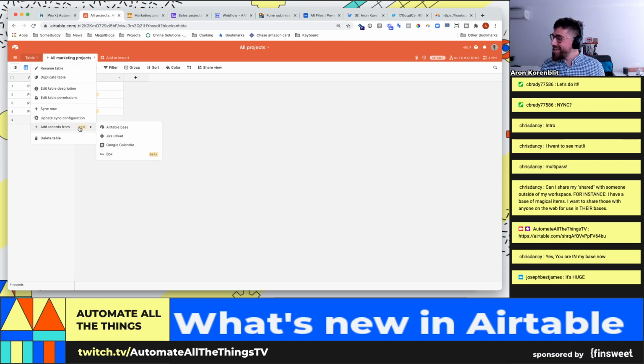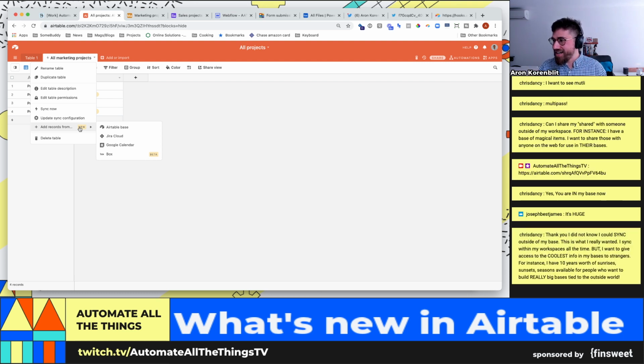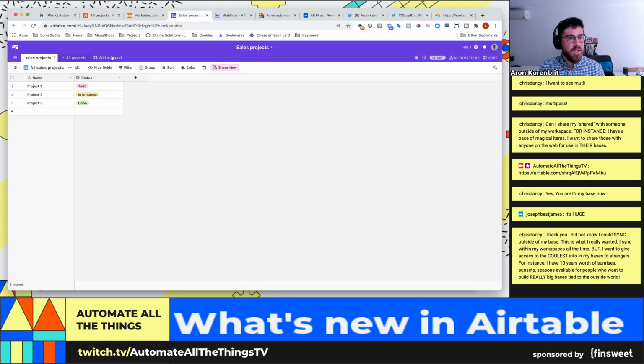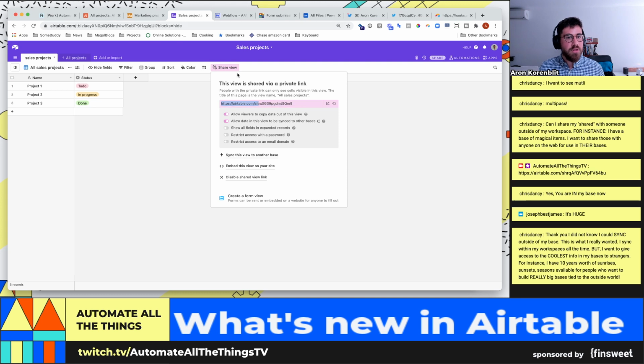It is huge. I think if you spend time in Airtable or any tool, to be honest, this is so big. It's such a mental shift to be able to say, I'm just going to pull all of this information into one. So let's add records from and then use Airtable base as our source. Now you can already see where I'm going to go with this in a little bit. So it's saying, okay, where do you want to add information from? So I want to go to sales projects. I'm going to share this view, take that URL,